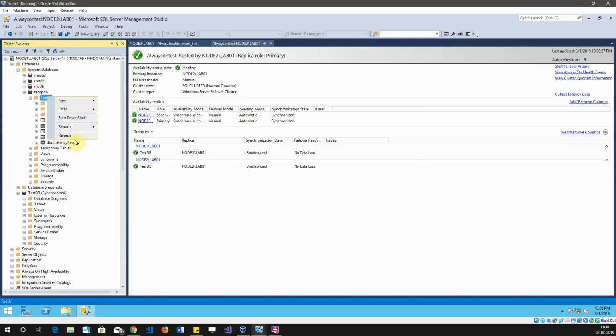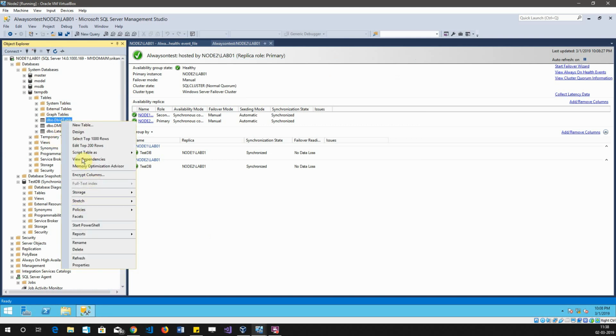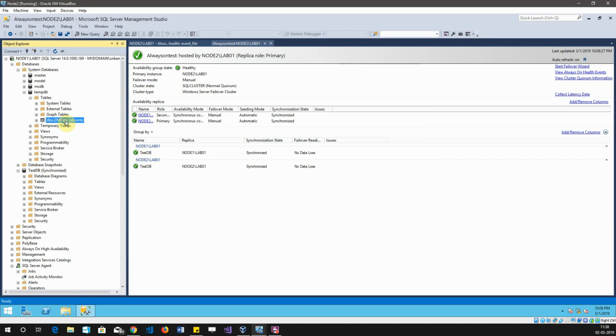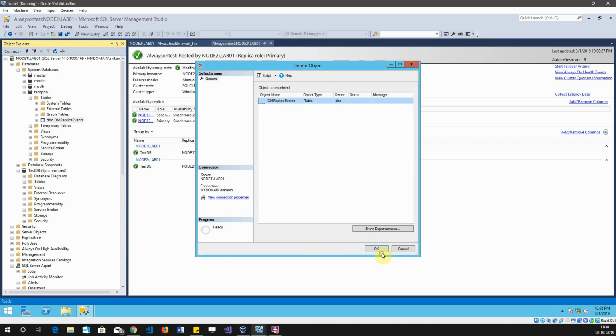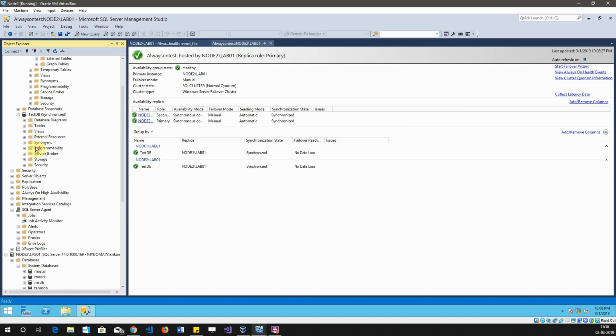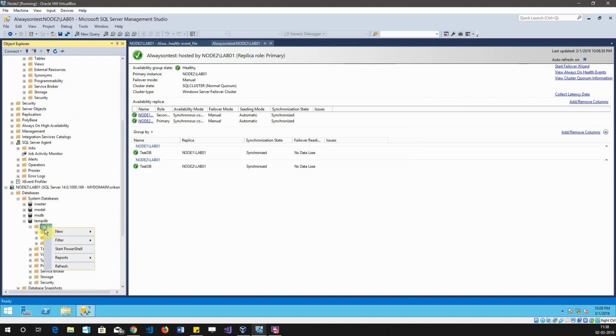I'm just dropping these tables, which are coming from my old setup, so now there are no tables present. Same here, and no jobs are present.